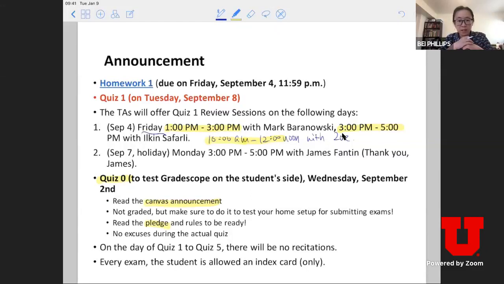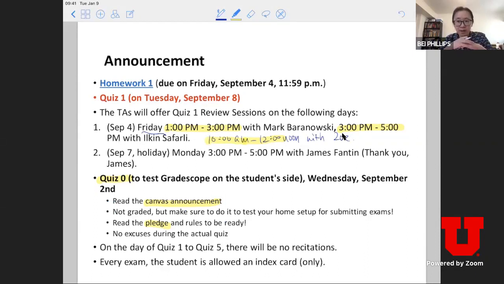The important part is that when you submit a quiz over Gradescope, you still need to match the pages with the outline. For example, if the quiz has 10 questions, you need to mark which page is my solution to question number 1, which page is my solution to question number 2. It's the same process of matching the outline when you're submitting homework as well. For example, if your homework has 10 or 12 questions, you need to match your submission by page number against the outline. So this will be a good test for the actual quiz itself.